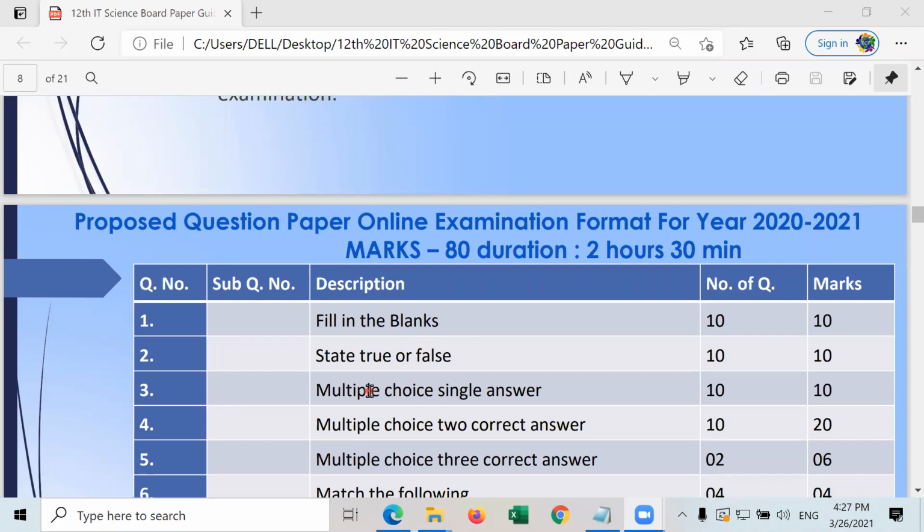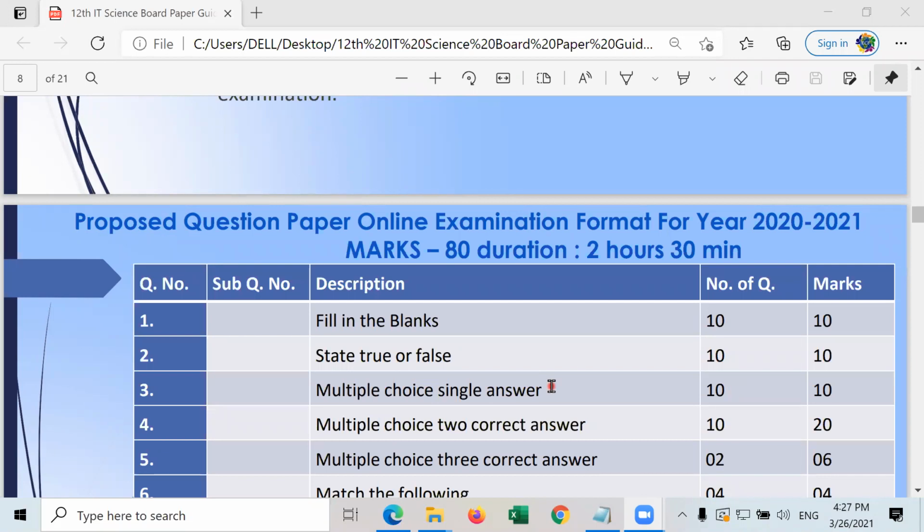Okay, so you'll be given four choices A, B, C, D, and you have to select the correct choice. You have to select the correct answer. Okay, if you select that correct answer, you will get 1 mark. Otherwise, you will not get a mark for that question. Each question will carry 1 mark with it.